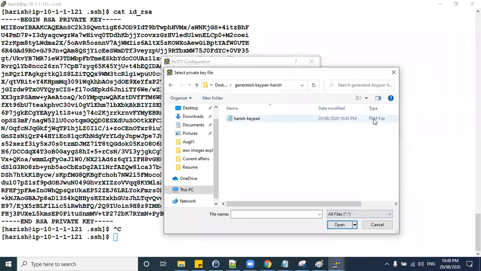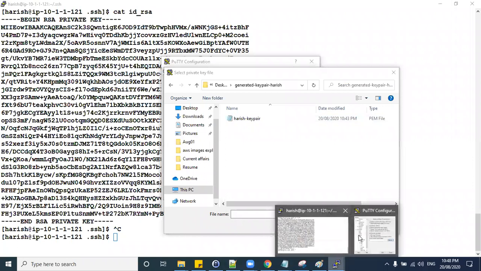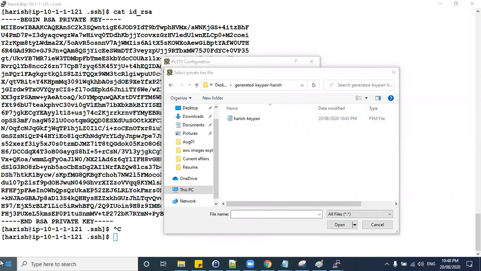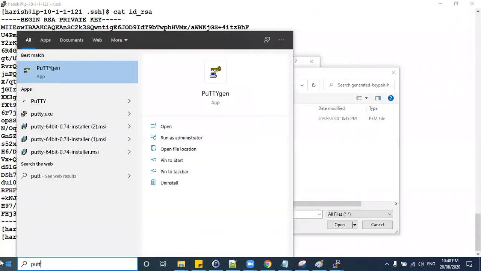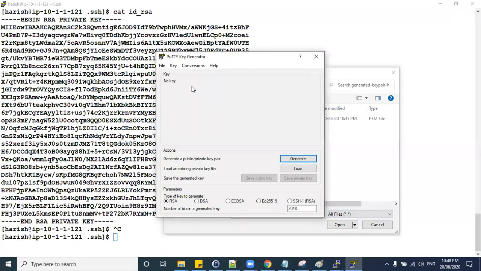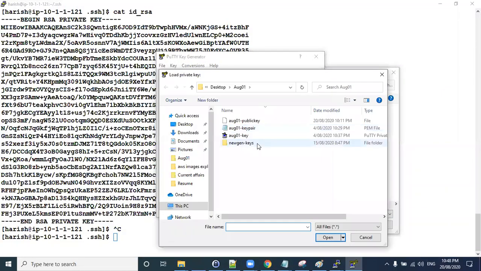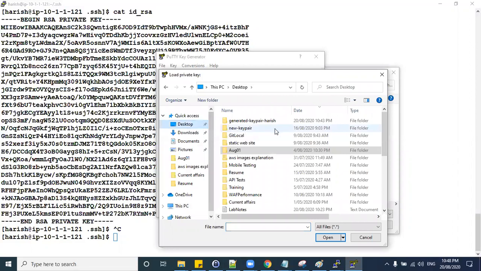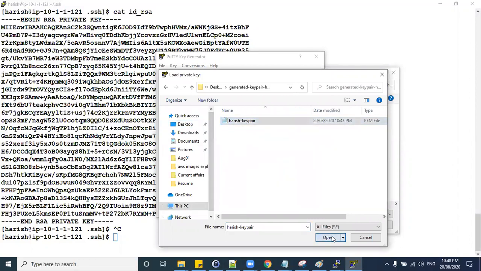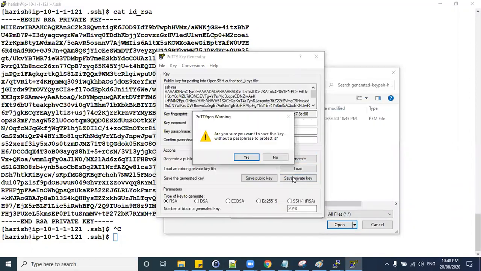Okay, so this is your PEM file. Now you need to convert this PEM file to a PPK file, right? So how do you do that? PuTTY generator. Load your PEM file using PuTTYgen and save the private key.